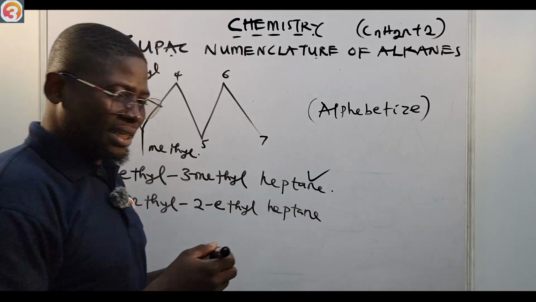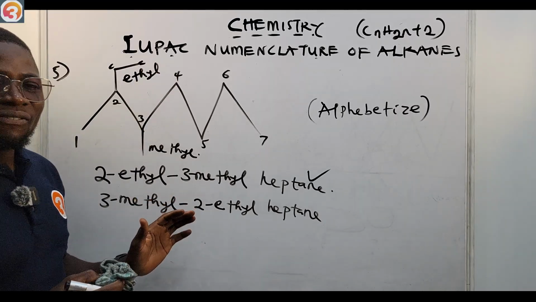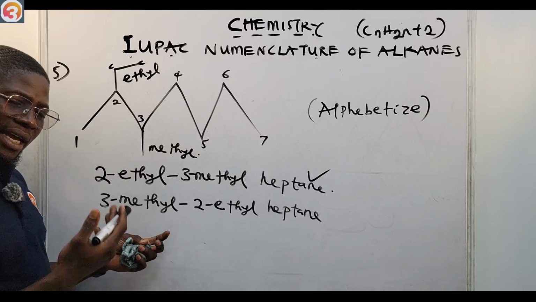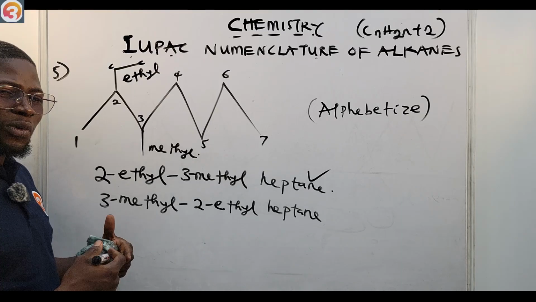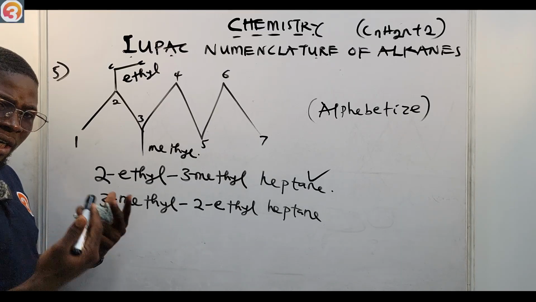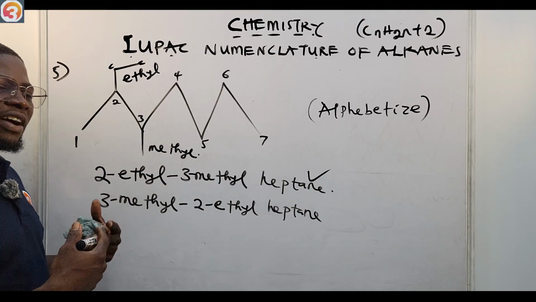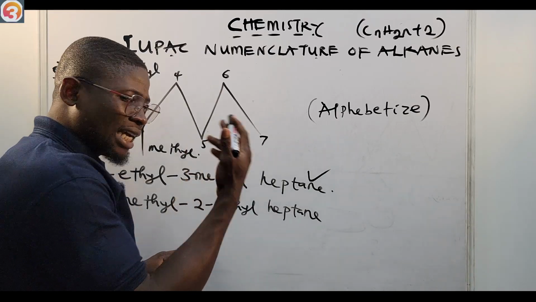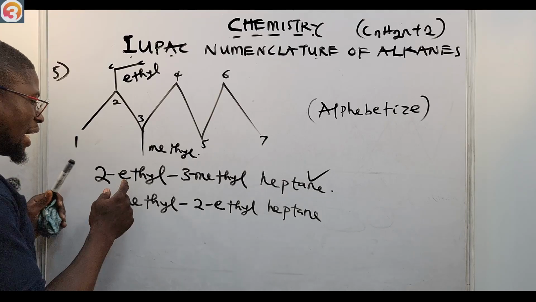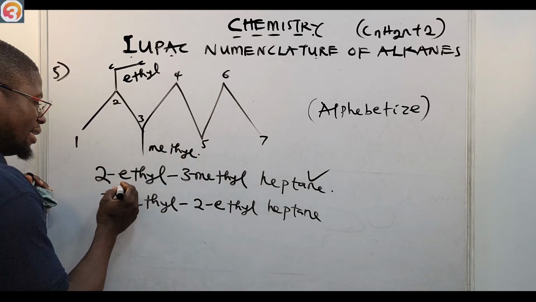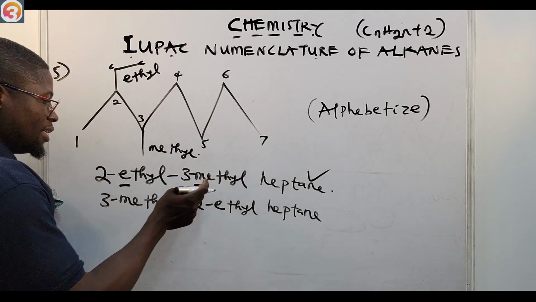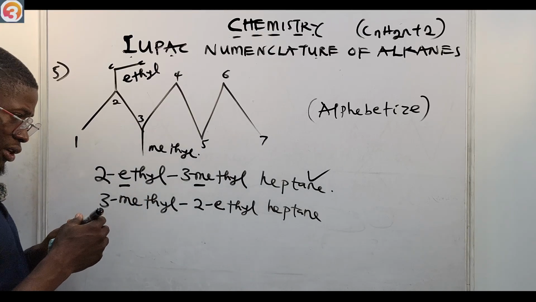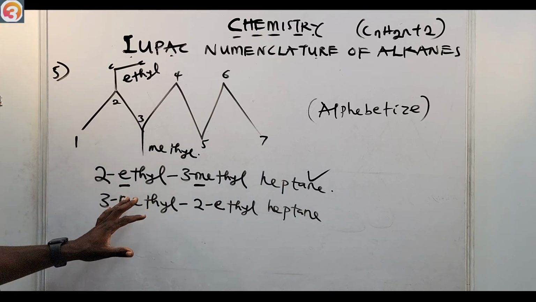This is what we do in this condition. We alphabetize. So that means that the alphabet that comes first, the smaller alphabet, will come first when we are naming. We give preference to the alphabet that is smaller before the alphabet that is larger. So now, look at the beginning of this. Ethyl is E. Methyl is M. M is bigger than E. So 2-ethyl is more appropriate than